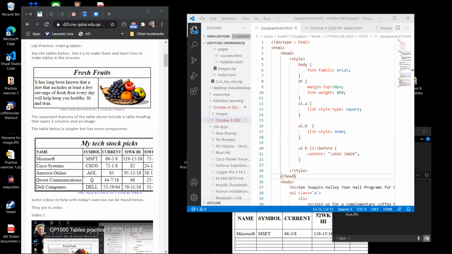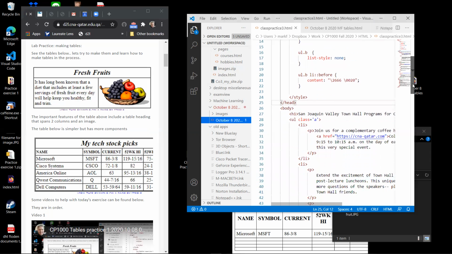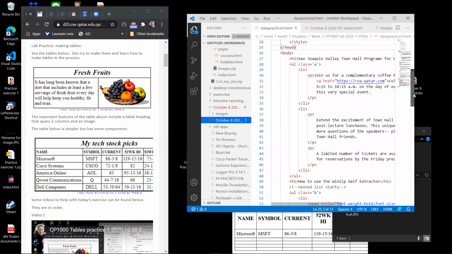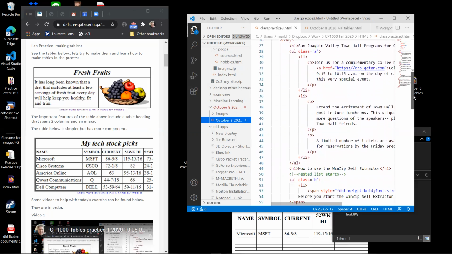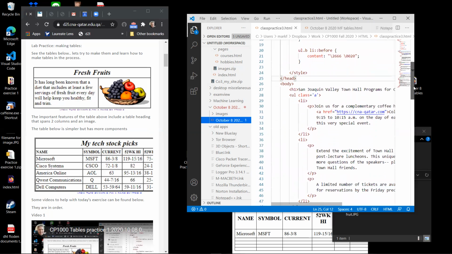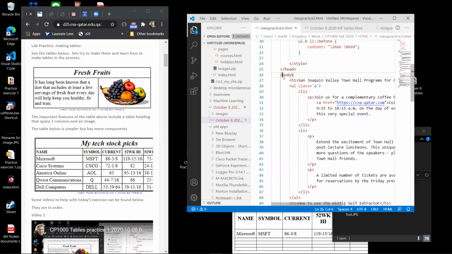So we're recording now. So what we've got is we've got these two tables. And how do we make those two tables in our HTML code? If you watch those 4 videos, you'll see how we got from nothing to this code here. Now at the top is the CSS. You probably shouldn't look at the CSS first because the CSS doesn't make any sense until you look at the body of the HTML. So the body starts here with the body tag, and